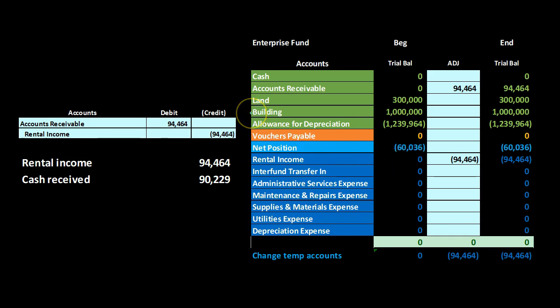Of course, we have our trial balance on the right-hand side, with green accounts being assets, orange accounts being the liabilities, and the light blue being what would be equivalent to the equity section in a for-profit organization, net position here. Everything below that, the dark blue, is similar to the income statement accounts, the temporary accounts that would close out to what would be the equity, like retained earnings or the capital account. So we have rental income going up, a revenue type of account, the other side being accounts receivable going up in the debit direction